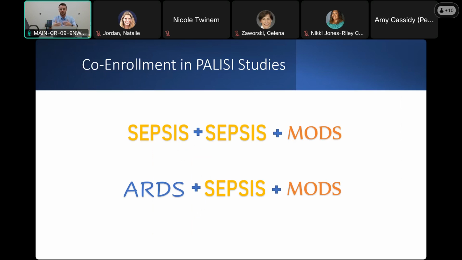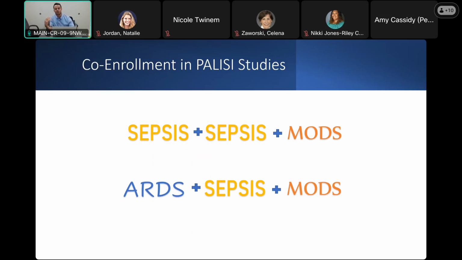One of the big things is that if you aren't there yet, you want to try and improve your comfort level and success in co-enrolling patients in multiple studies, as this allows for maximum research benefit as we seek to learn about all of the different types of diseases and conditions that we're managing these projects for.